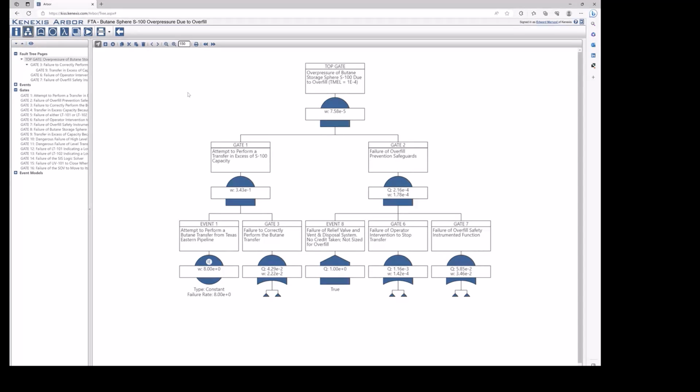Okay, there's a question about, is there event tree analysis software, or is it all just done in the fault tree analysis? Right now, we don't have event tree analysis software that is publicly available. I know that sounds weird. We have a tool called Quantum that basically is going to be Connexus's replacement for FAST when we get it done. It has an event tree module, but that's only available internally to the company because it's not ready for